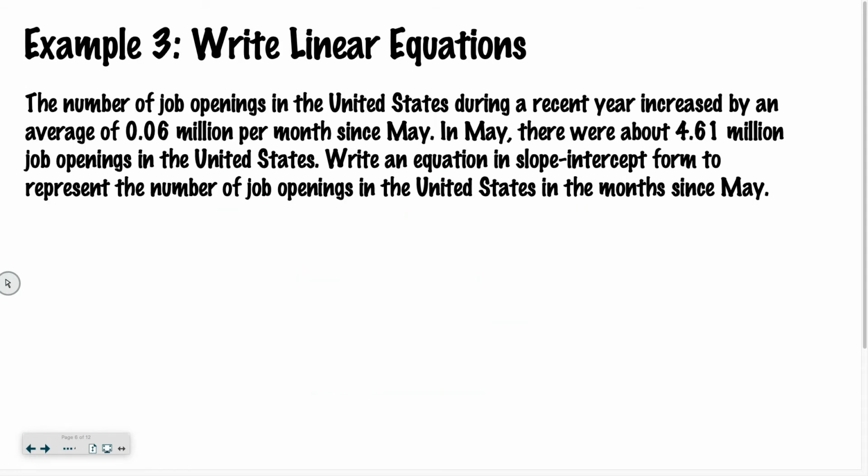Let's move on to example 3. Okay, so the number of job openings in the United States during a recent year increased by an average of 0.06 million per month since May. In May, there were about 4.61 million job openings in the United States. Write an equation in slope-intercept form to represent the number of job openings in the United States in the months